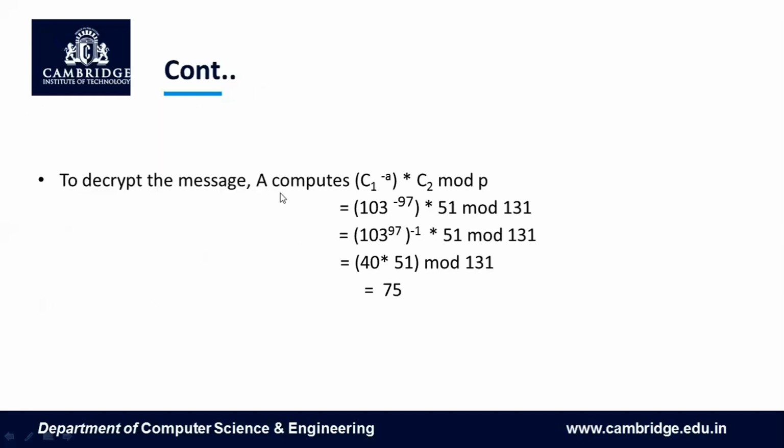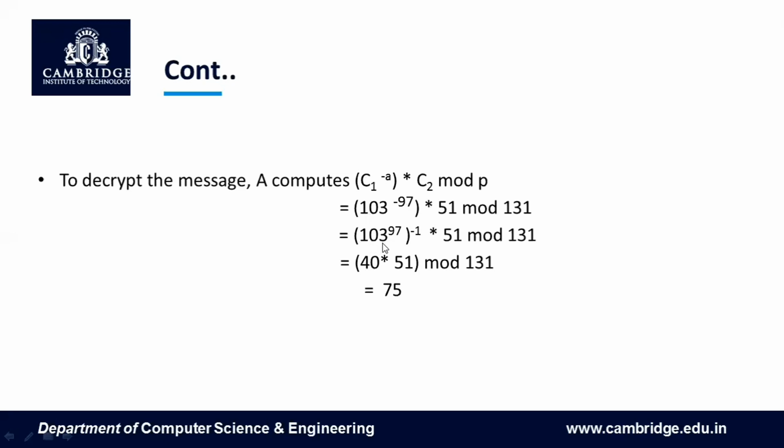Coming to the decryption, Alice should compute using this formula and recover the message, that is M, whichever is sent by Bob. In order to perform decryption, ElGamal encryption uses Alice's private key, right? The Alice private key is denoted by A. So, C1 to the power of minus A times C2 mod P. C1 we have got is 103 to the power of minus 97 times C2, which is 51, mod 131,